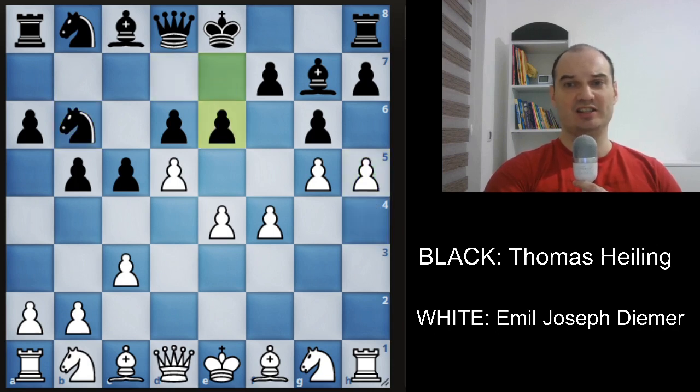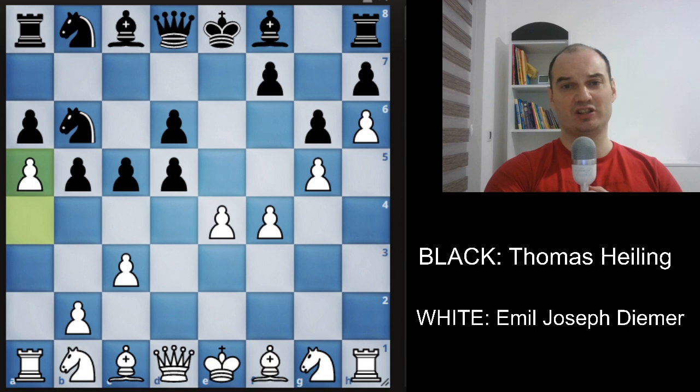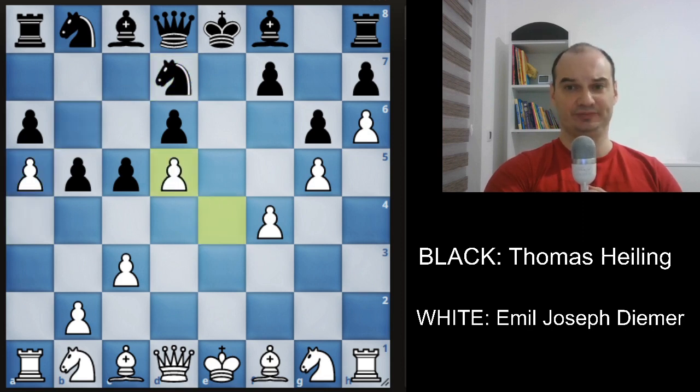h5, e6, h6. This was 11 moves only with pawns. Bishop to f8, a4, ed5, a5. He chases away the knight. Knight to d7, ed5, bishop to e7, c4,